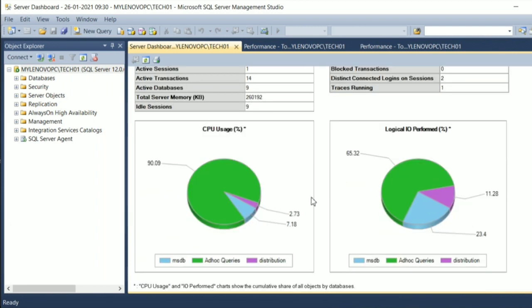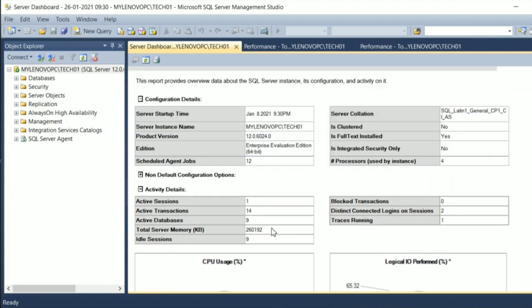This is pretty good to use for kind of daily monitoring updates of a particular instance. So these are the inbuilt reports provided by Microsoft. Yes, we can do all those things through queries, external commands, or with the help of another tool, but these are the reports provided inbuilt by Microsoft.